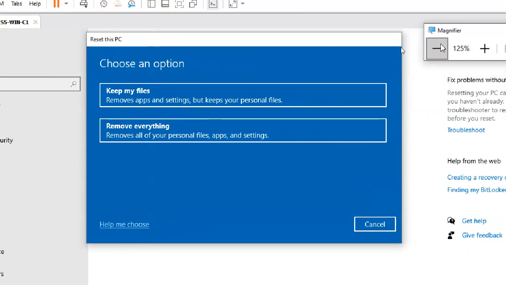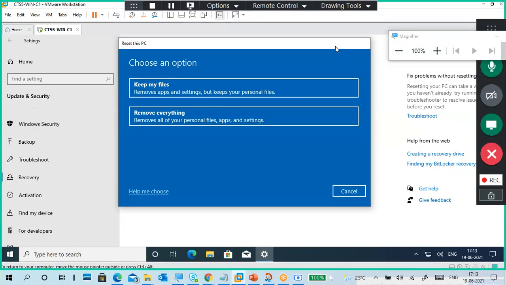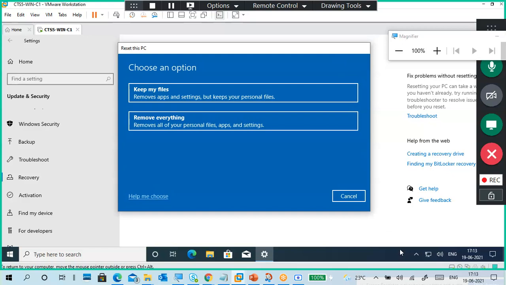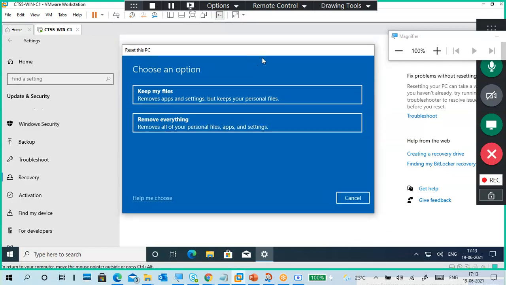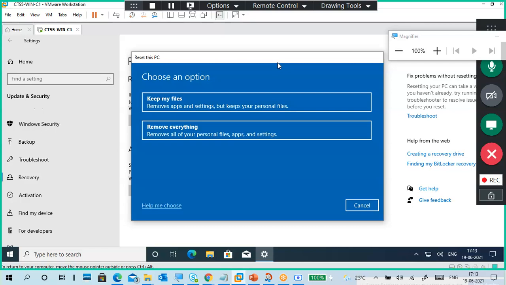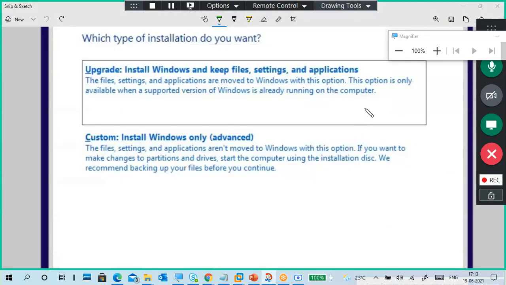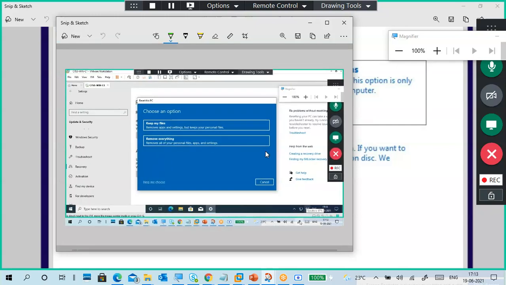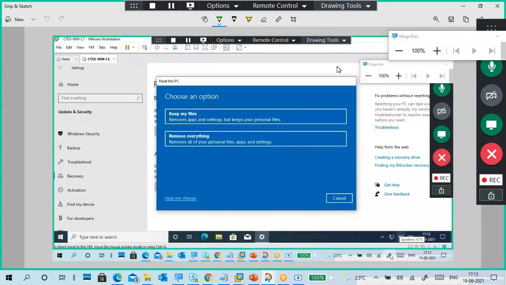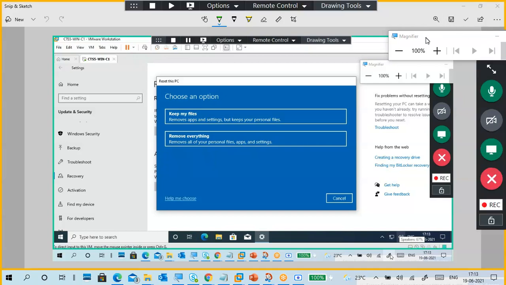For example, you want a picture like this. I'm using the snip tool in my virtual machine, full screen snip. I can use my virtual one also, no problem. Can you see the screen, right?